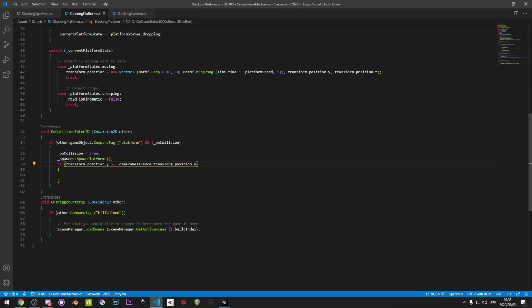So now we can go there, go back down here, and remove all of this nonsense and just put that in there. Okay, so now that we have that, only when the transform position Y of the platform is equal to or greater than the current Y position of the camera, we are then going to tell the camera